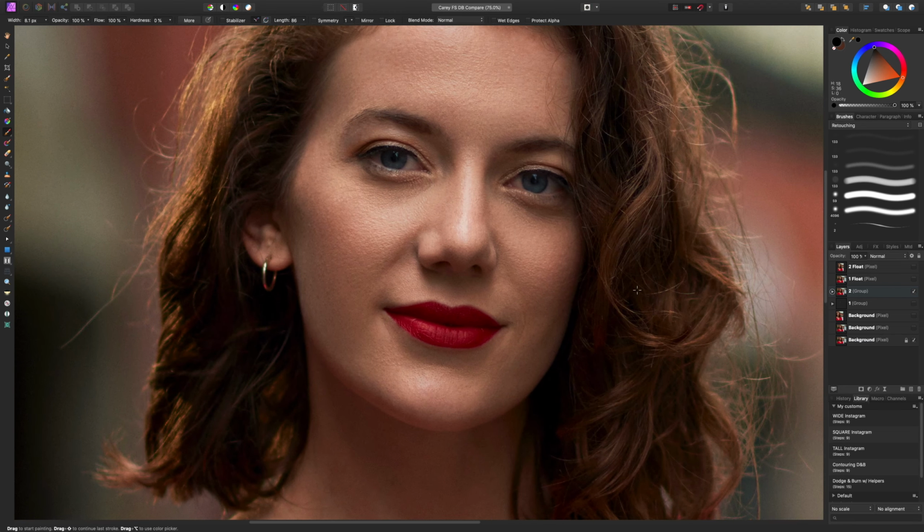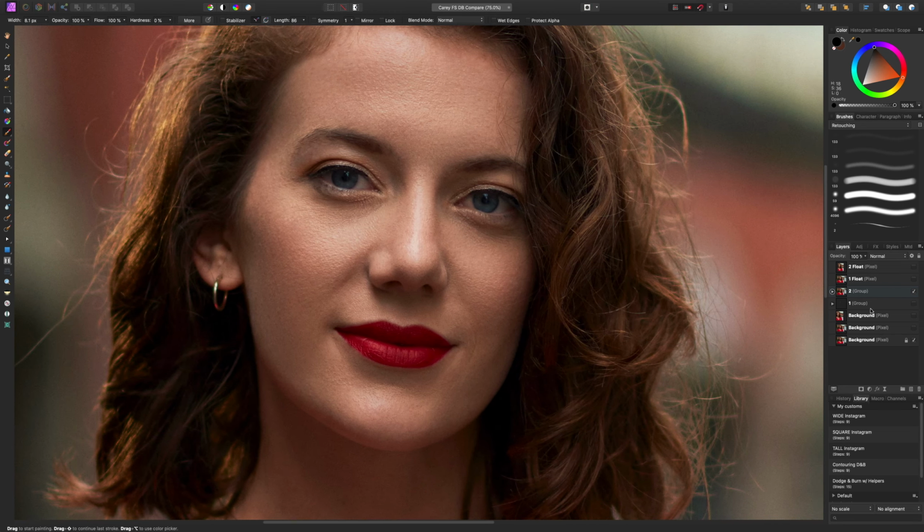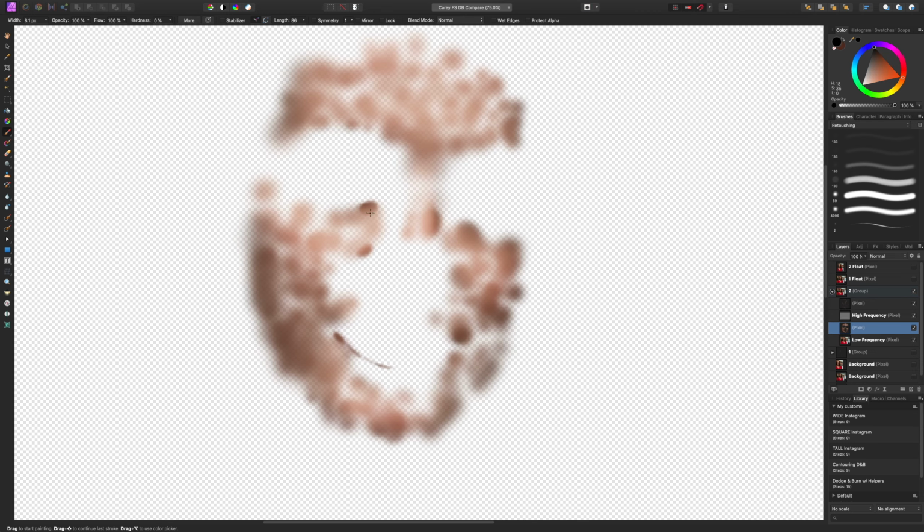All right, so what did I learn from this? What did you guys think about it? One thing I will say is definitely dodge and burn took a lot longer. This frequency separation method, doing this, probably took less than 10 minutes, just because you can see how much bigger the brush strokes are here. I can just go through this really fast. Where with dodge and burn,